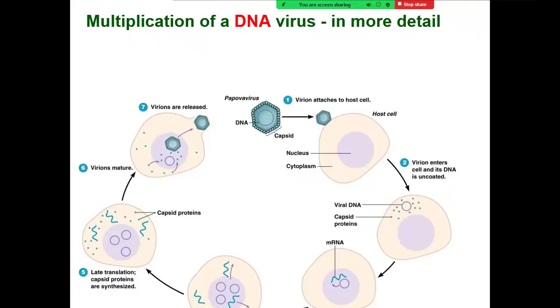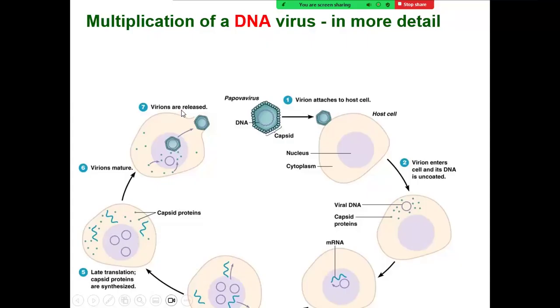The virus genome can be expressed, making viral messenger RNA. The virus genome can be replicated, making new genomic viral DNA. The new viral DNA can get together with the viral proteins, capsid proteins, to make the new virions, which will be released by the cell